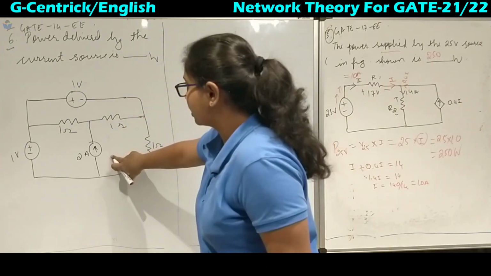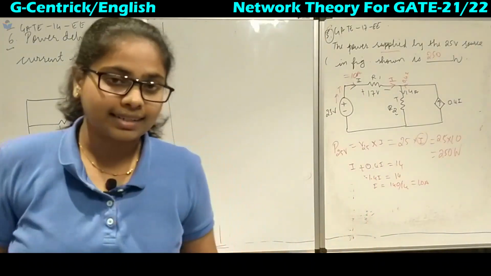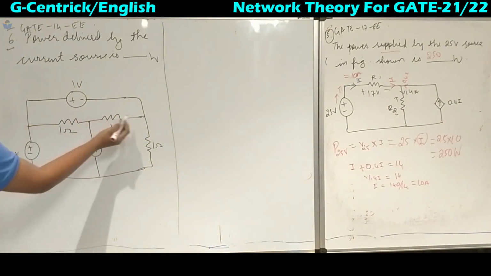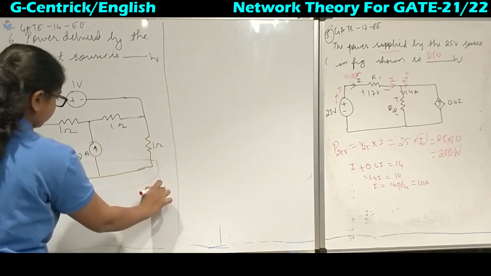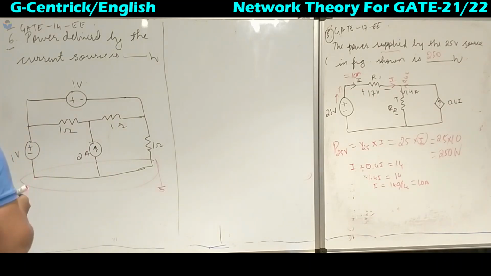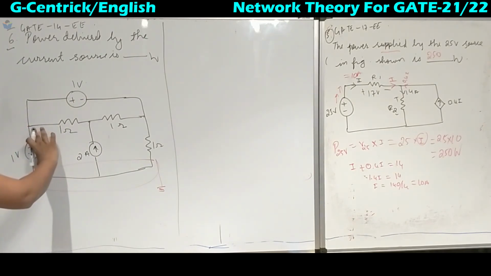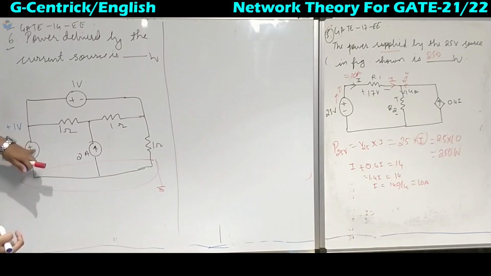Power delivered by the current source is. Okay, now seeing this we can apply nodal analysis. So we will identify the nodes. This is one node, two node and third node. Now in between, this is one reference node. Okay, so in between these two non-reference nodes we have got an ideal voltage source. Now in between this node and this reference node there is only one ideal voltage source. So this volt appears here with a positive polarity because here it is positive.